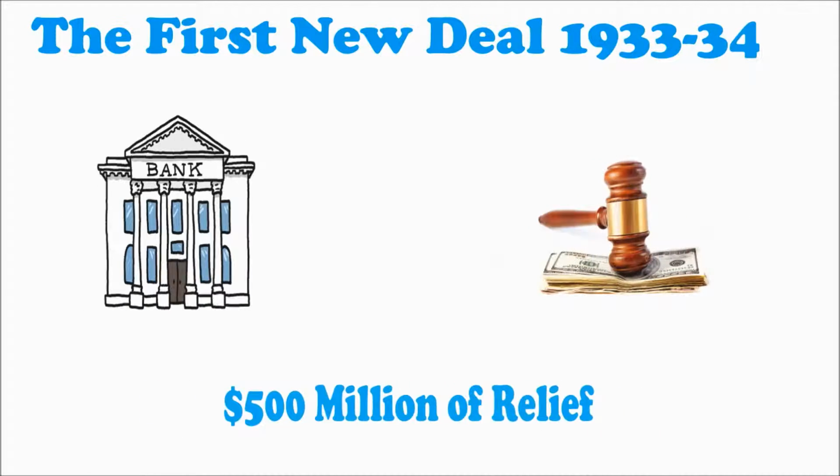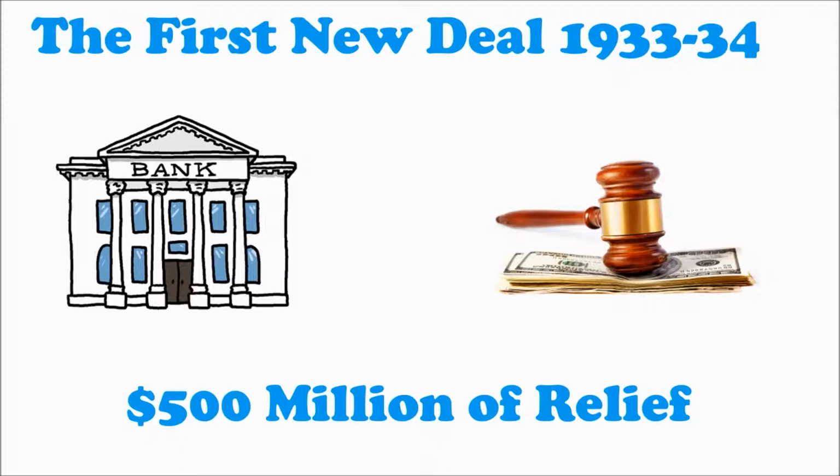The first New Deal, from 1933 to 1934, dealt with the pressing banking crisis through the Emergency Banking Act and the 1933 Banking Act. The Federal Emergency Relief Administration provided $500 million for relief operations by states and cities, while the short-lived CWA, Civil Works Administration, gave localities money to operate make-work projects in 1933 to 1934.